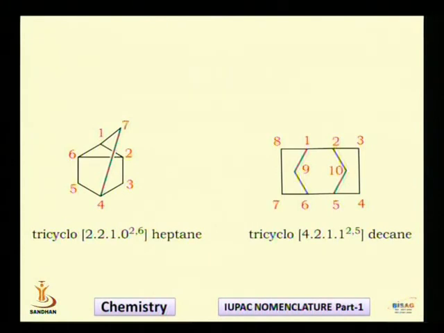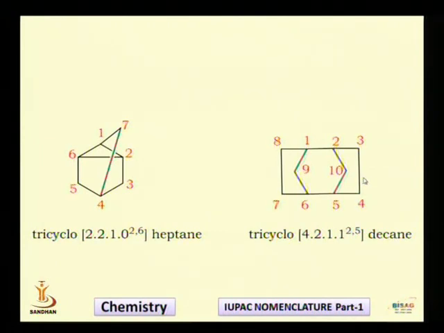So again you will notice that this compound is a tricyclic system. How will you decide? You break this bond, so the system becomes bicyclic. Again break this bond, the system becomes only a single cycle. Break one more bond, and the system becomes totally open. So breaking of 1, 2 and 3 bonds is needed so that the compound becomes totally open.